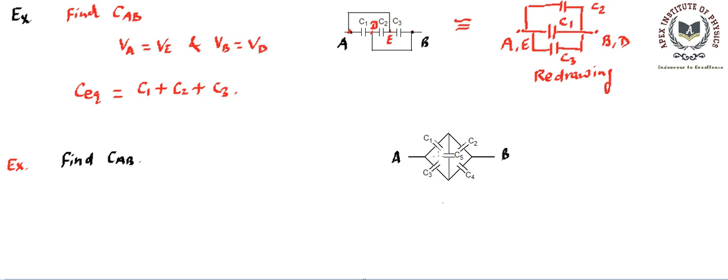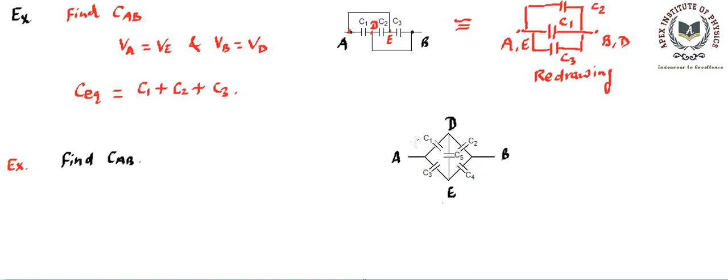If we redraw it, we will find the same kind of circuit, because there is no connecting wire which is useless or extra. So this combination is here. Now this is a particular type of combination. Solving is going to be a little bit complicated, but in a particular case this solving becomes very, very easy. Let's name this terminal as point D and this terminal point E. Now the potentials of A, D, B, E can be different potentials, right? So redrawing won't work. Now there's a particular case that's going to be useful for us.